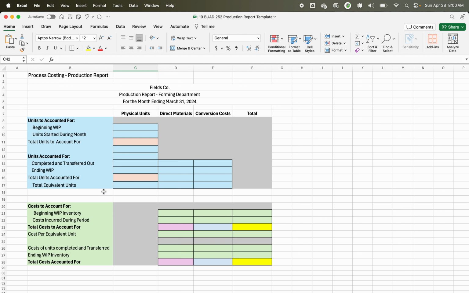Within this, there are a couple of equations that really we have formulas for, but the production report helps us understand it. One is total equivalent units. The other is cost per equivalent unit. An equivalent unit is basically, think of it this way. So if we have, let's say that what I just